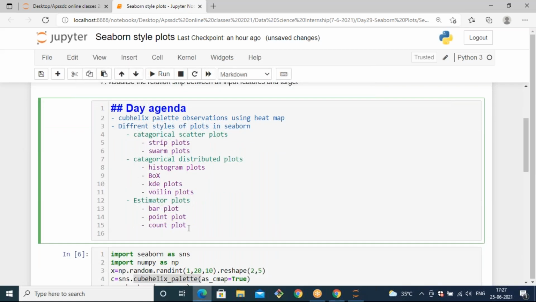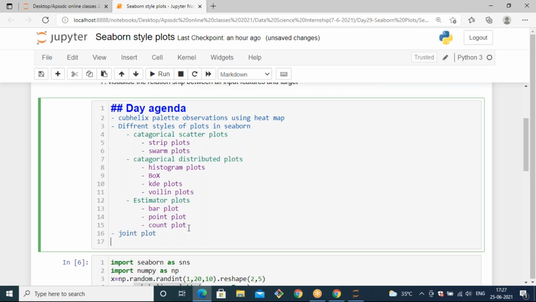In Seaborn we have some other plots also. Those are the joint plot, and what else do we have? Yes, the pair plot.